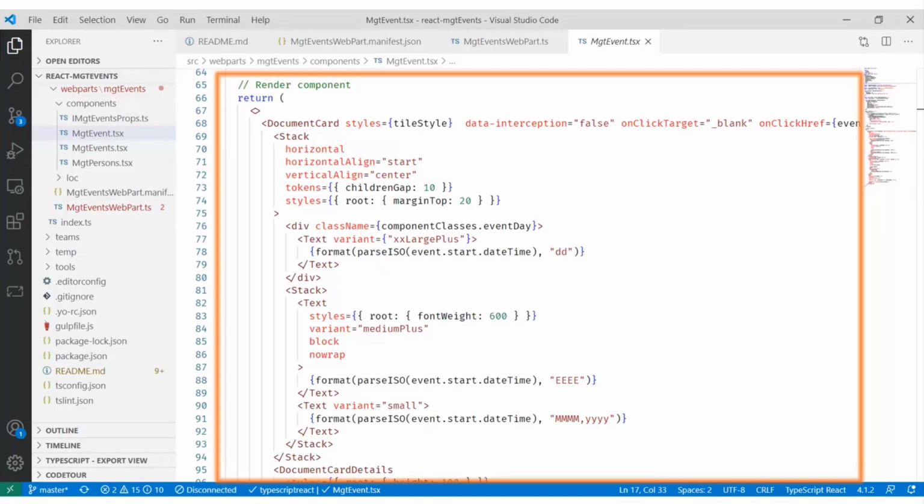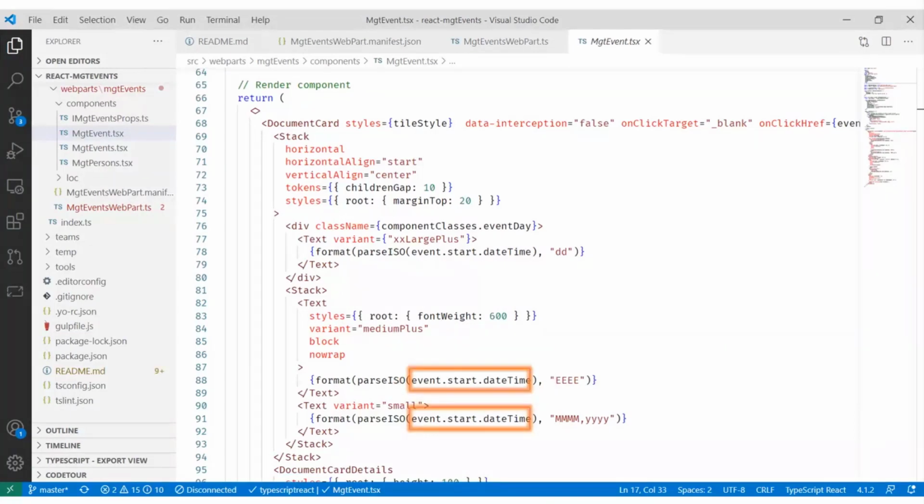Now, because he's using a template, in the event that gets called when the template is rendered, I actually have the context of the event. So I have the start time, the end time, and so on and so forth. And he just applies his own formatting for date time.